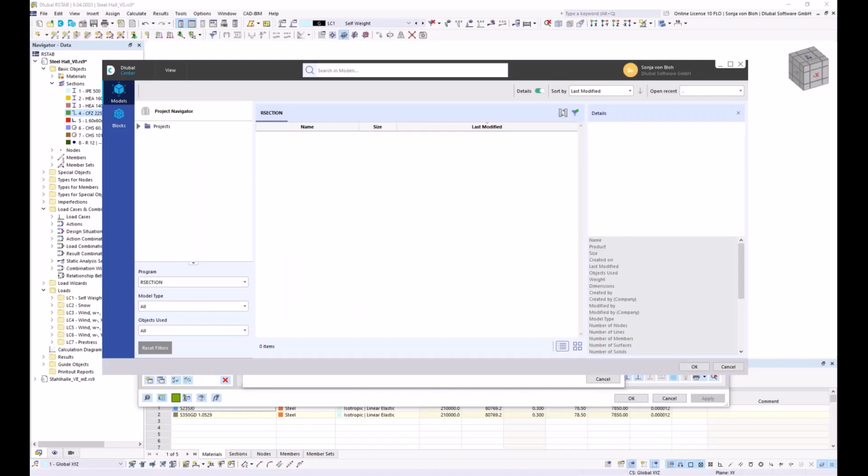The folder in which the RSECTION cross section is stored must be integrated into the Dlubal Center. It's only possible via the Dlubal Center to import a cross section from RSECTION. And I want to put this folder directly under the project. So I check,